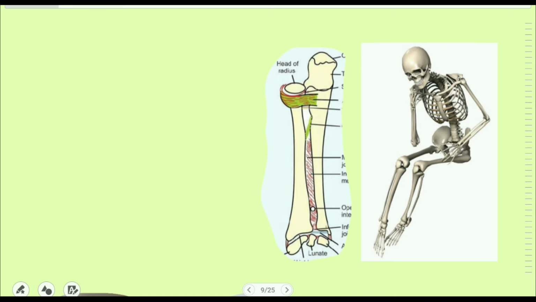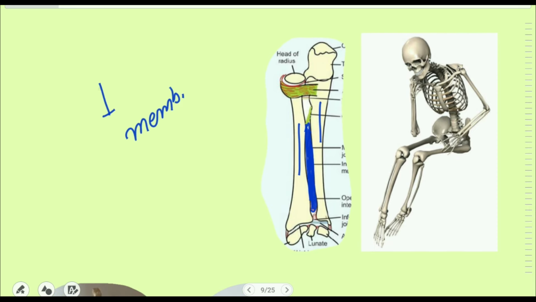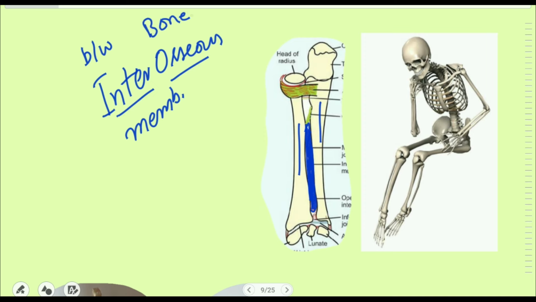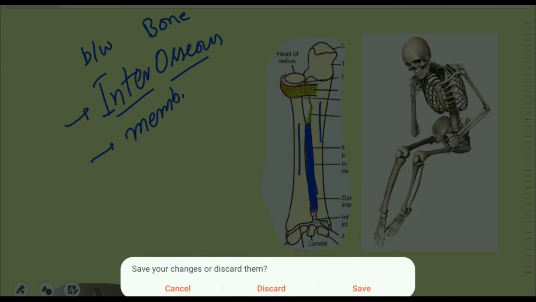Now I will show you the typical example of the syndesmosis. Look here. This is the radius bone and this is the ulnar bone. These two bones are united with the help of this ligament throughout their shaft. It's not just a ligament, it's a long broad membrane that unites the shafts of the two bones. So we will not label it as a ligament, we will label it as the interosseous membrane. What is meant by interosseous? Inter means between and osseous means bones. So when there is a long ligament between two bones, we will label it as interosseous membrane.